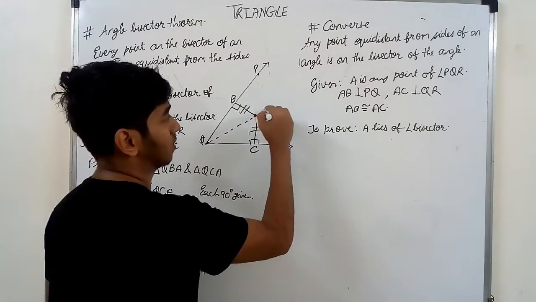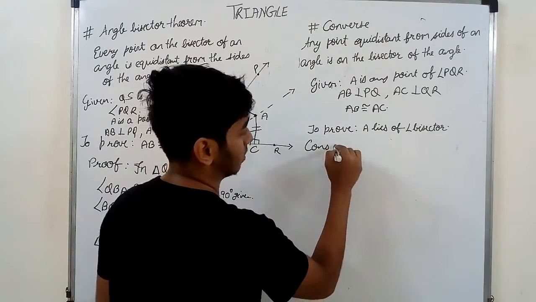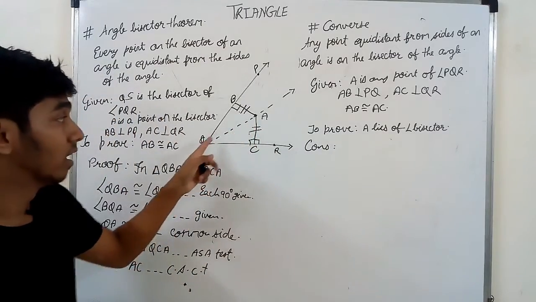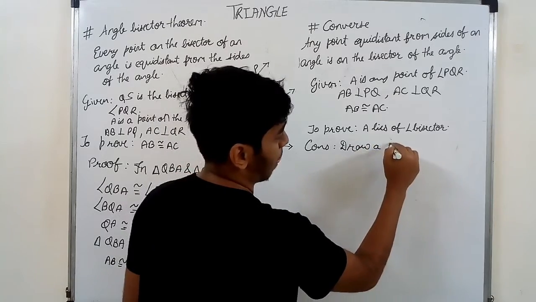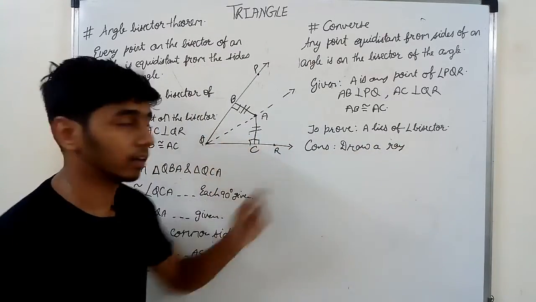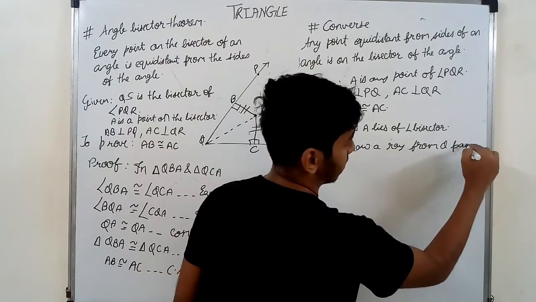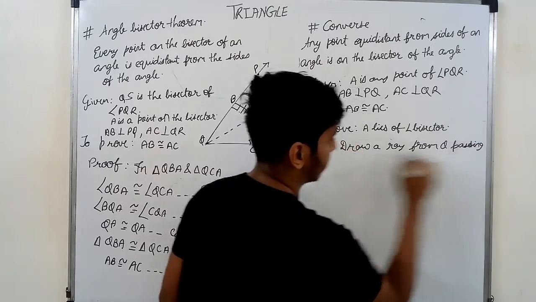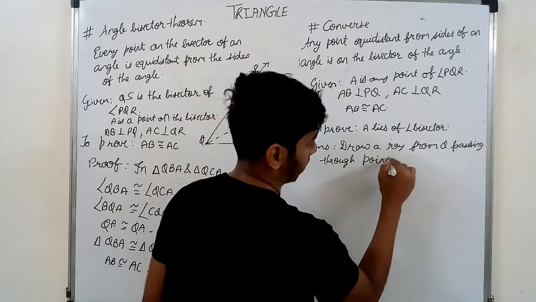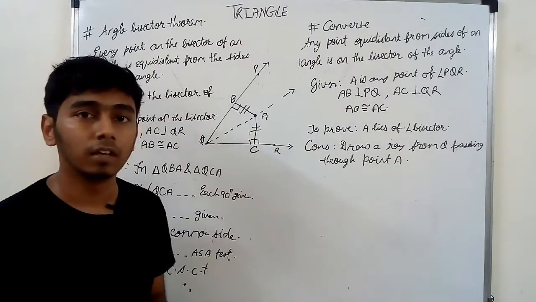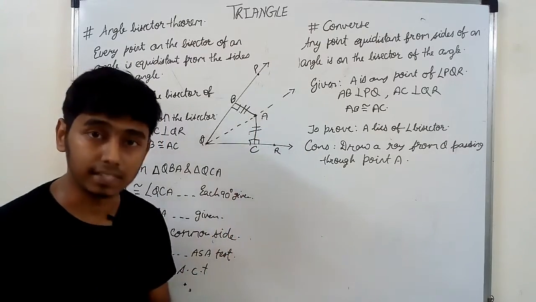we'll do a construction of a line. So we'll do a construction, draw a line from Q. So draw a ray from Q passing through point A. So if we want to prove that A is on the angle bisector, we need to prove